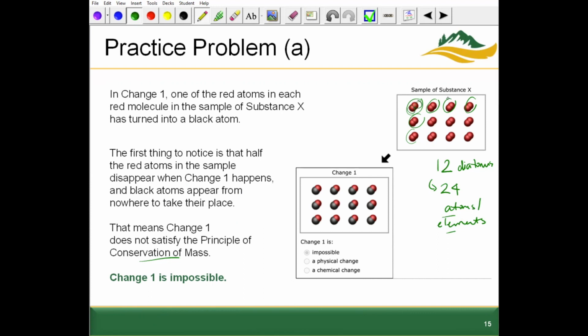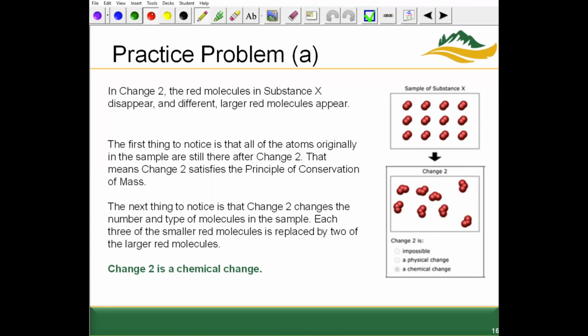element. So now for change 1, we are seeing the appearance of these black spheres that were not originally present in substance X. So this is disobeying this principle of conservation of mass, meaning that change 1 here would be impossible. So next, now for change 2, let's go ahead and check. We have 1, 2, 3, 4, 5, 6, 7, 8. We have 8